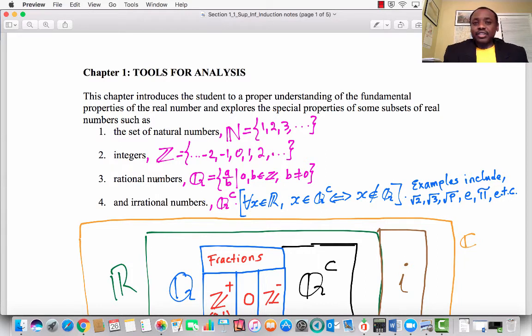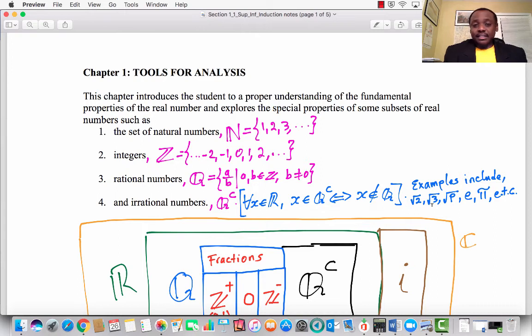And thirdly, the set of rational numbers, Q. That is the set of elements that are of the form A divided by B, where A and B are integers and B cannot be 0. And lastly, we have the set of irrational numbers, symbolized by Q^C. We say that for every real number x, x is an irrational number if and only if x is not a rational number. So examples of irrational numbers would include square root of 2, square root of 3,